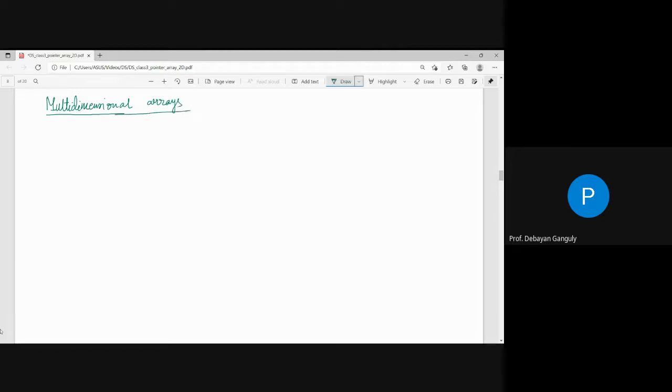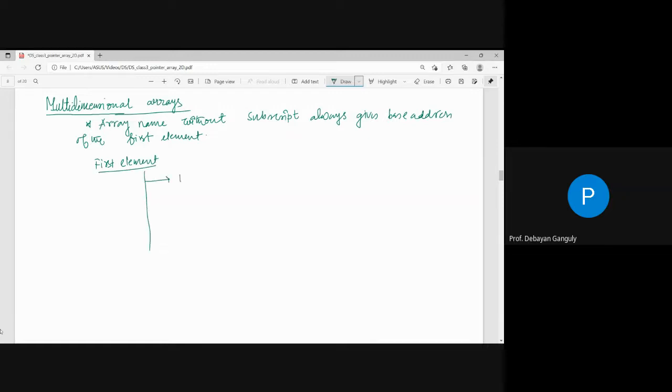What is a multi-dimensional array? That means array name without subscript always gives you the base address of the first element. That is known to you. So if I am talking about the first element, what we know is that if it is a one-dimensional array,